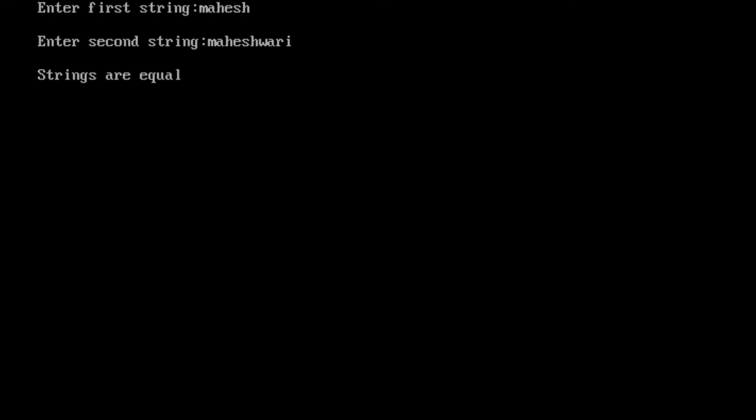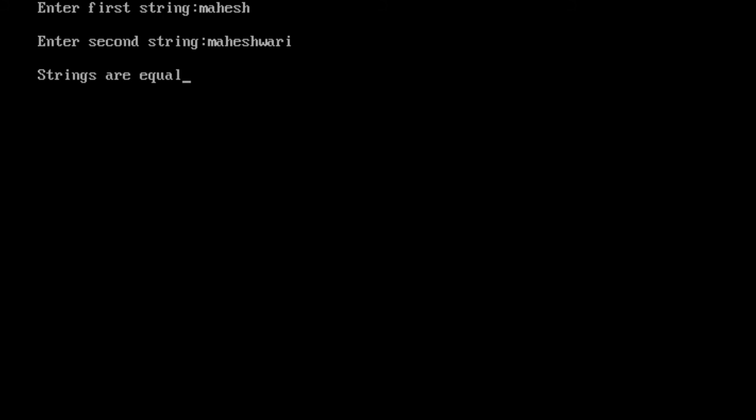See what is happening here. First thing is Mahesh, it's okay. Second thing is what? Maheshwari. Okay. So M is same, that is first character is same. A second character is same. H third character is same. E same. S same. H is also same. And now first string is finished.